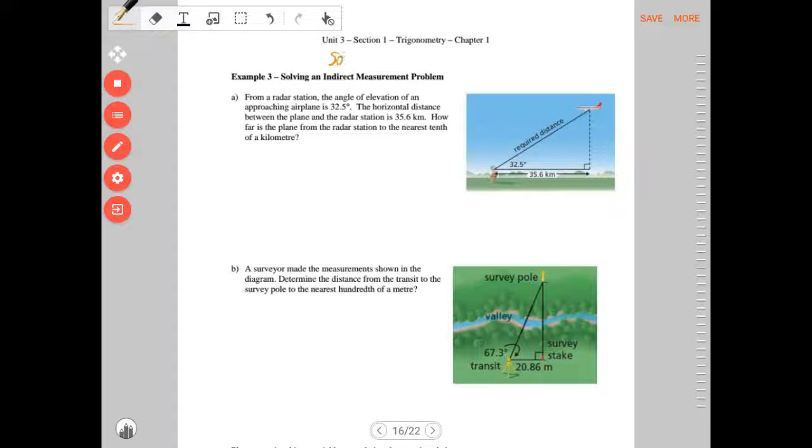Again, I'm going to write SOHCAHTOA right at the top here. I've drawn the picture for you. From the 32.5, I have this side, that's the adjacent side. And how far is the plane from the radar station? This is the required distance here, and that is the hypotenuse. Oh, well, that's A and H, so A and H is the cosine. So cosine of my angle, 32.5 degrees, equals the adjacent, 35.6 kilometers, divided by my hypotenuse, or my